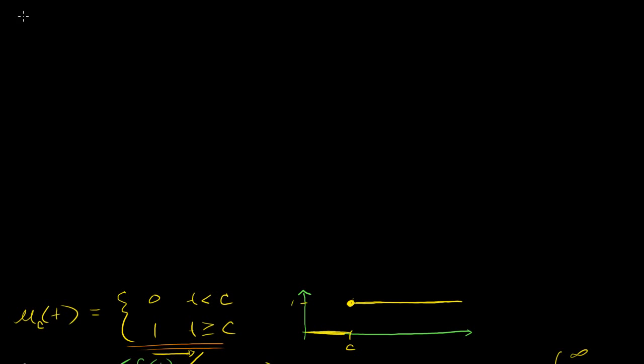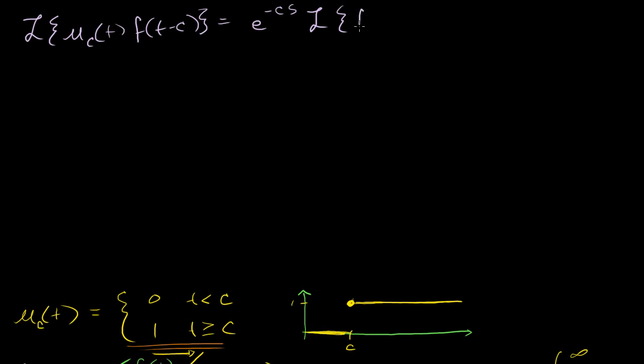So let me rewrite the result that we just proved. We showed that the Laplace transform of the unit step function that goes to 1 at some value c, times some function that's shifted by c to the right, is equal to e to the minus cs times the Laplace transform of just the unshifted function. That was our result. That was the big takeaway from this video. And if this seems like some Byzantine, hard to understand result, we can apply it. So let's say, this is what I was doing right before the pen tablet started malfunctioning, we want to take the Laplace transform of the unit step function that goes to 1 at pi